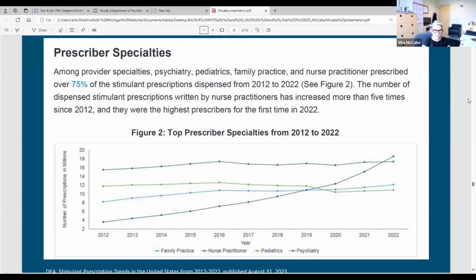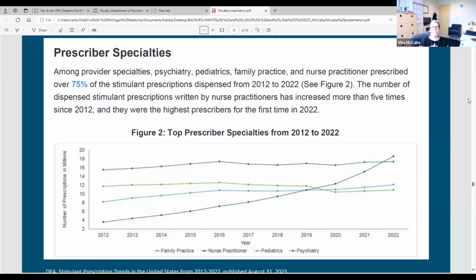What they saw in this publication that came out in August of 23 was that 75% of all stimulant prescriptions between 2012 and 22 were prescribed by psychiatry, which is the top line, followed by pediatrics, the next line. Then the next line, family practice, is the blue line. But there was an uptick